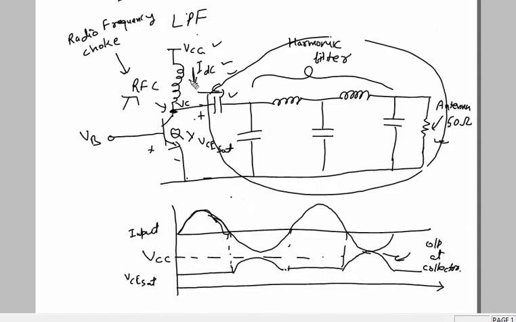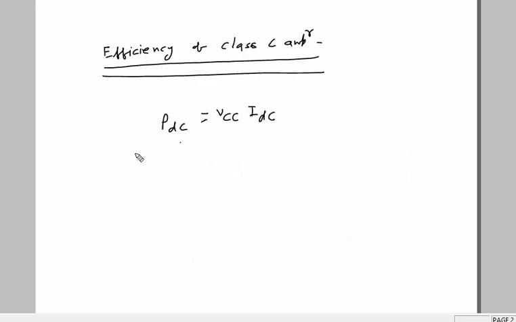Now again, if you look at the circuit here, the same IDC will flow through here. The same DC current flows through the transistor when it is in saturation, because this current will flow only when the transistor is on. It means the power dissipated by the transistor is given as the voltage VCE here, multiplied by this current IDC. So this was the DC power supply.